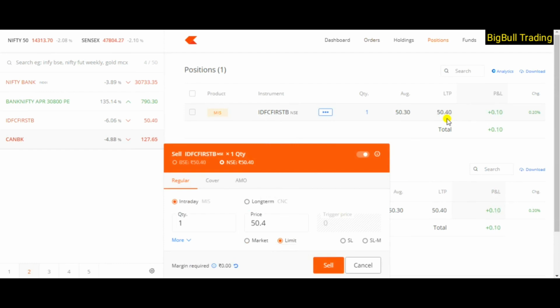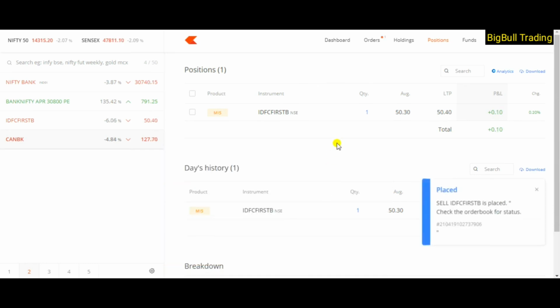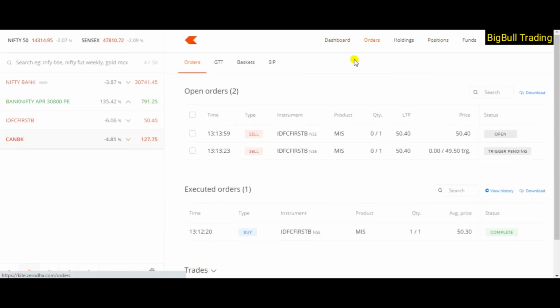For example, now it is 50.40. You want to sell at that price, so you go to the limit and click it. I want to do it only when it becomes 50.40. I want to sell this, so I put it and click the sell button. Once I put it, the order is punched into the system, you can see it's already there. Whenever there is any buyer, it will be sold to that buyer. We will wait a few seconds and I will show you how the order is executed.